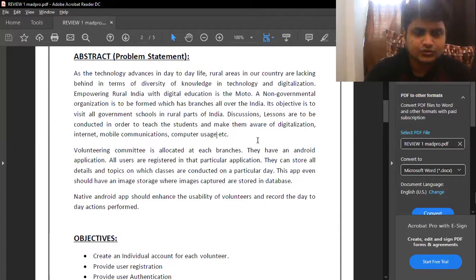They are not used to getting digitalized. So our team's aim is to make them digitalized, telling them how to get used to the internet, how to do mobile communications, and how to use the computer, like sending mails, using the basic ideas and having basic knowledge